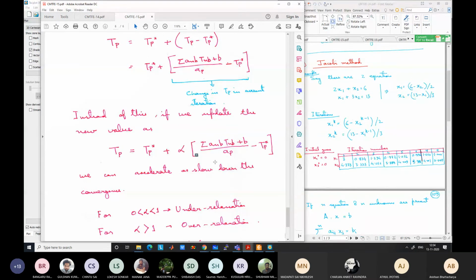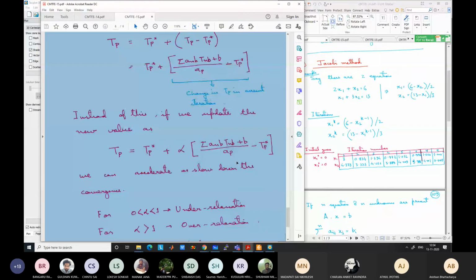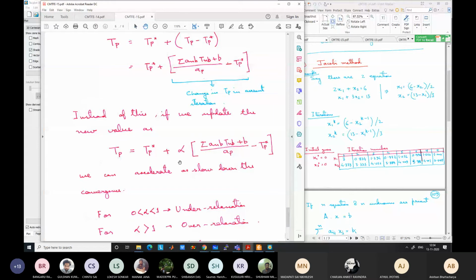On the other hand, for under relaxation, alpha is taken between 0 and 1. Okay, if you take alpha to be 0.5, the actual change might have been equal to 3.6, but you are just taking 0.5 of that. Okay, so what is happening? You are going slowly towards the correct direction. Even if you go to the wrong direction, it might be like the problem that I was saying, right? Say in one iteration, your change is occurring as 10.